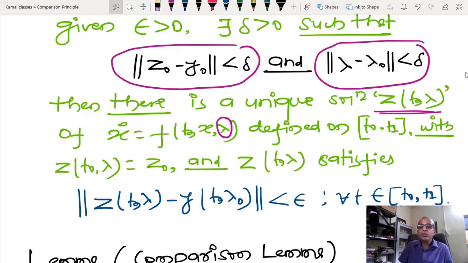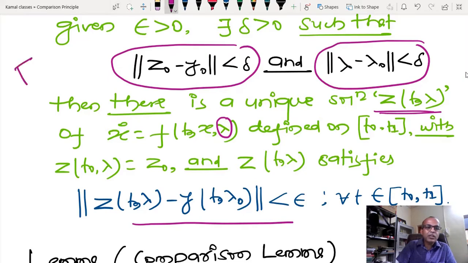So that solution is going to lie inside another ball, epsilon. Okay, so somehow I have track of the solution. At least I can tell how much the solution is going to deviate if some parameter is going to change. So if you try to understand like this, suppose you have this kind of system and inside this system I have some kind of parameter.